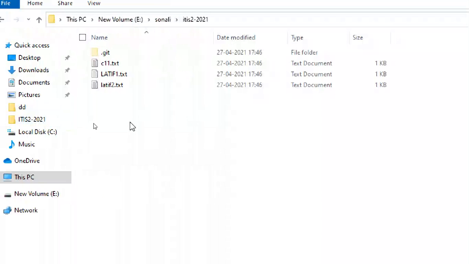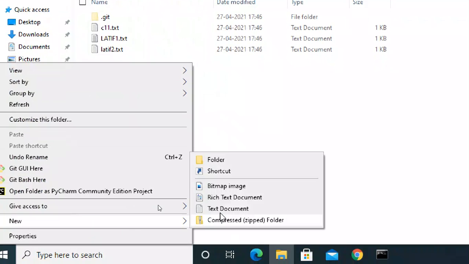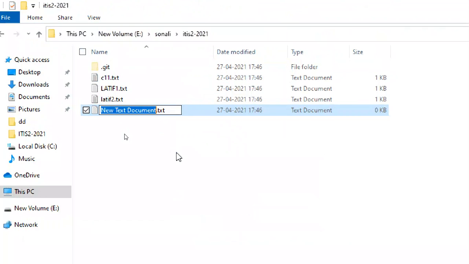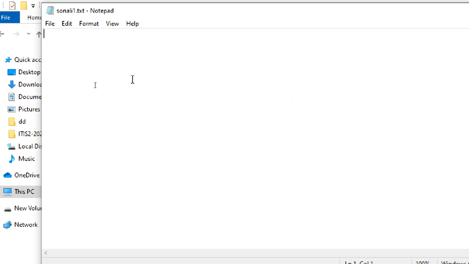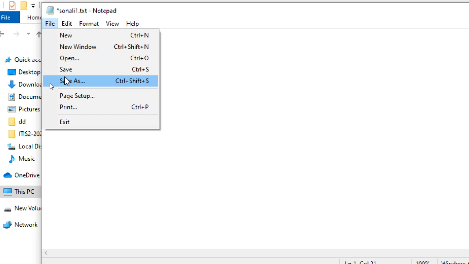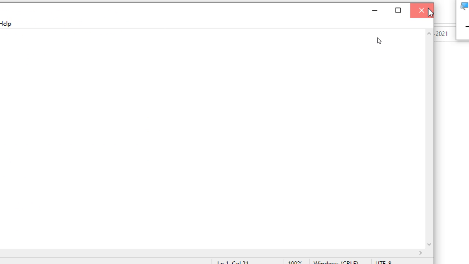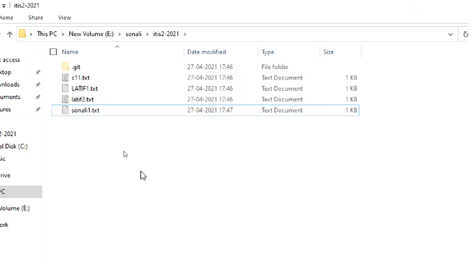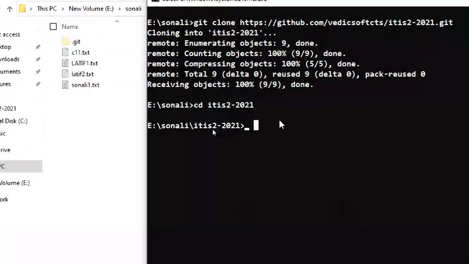Now Sonali is creating a new file here, Sonali file one. Save it and close it. So a new file is there, no problem.